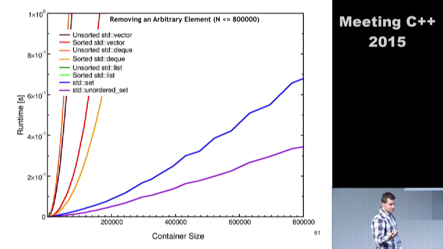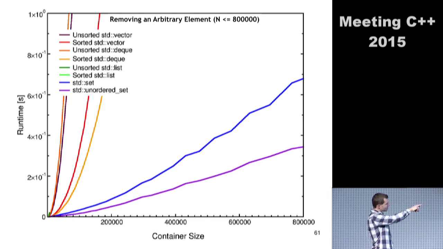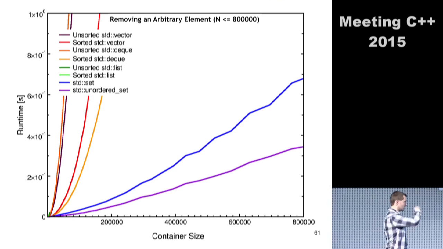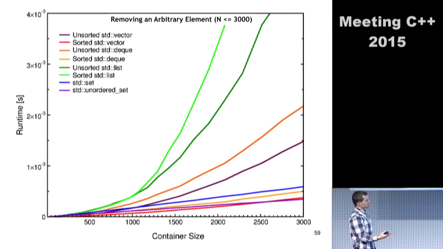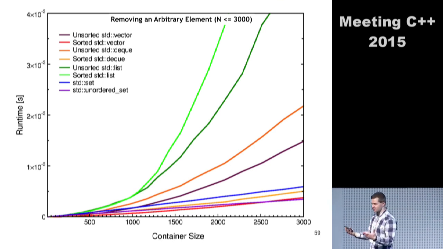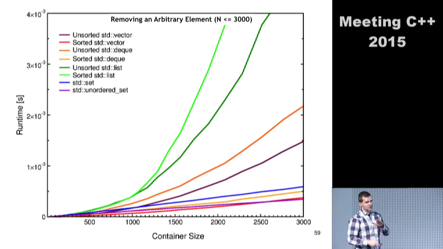Yet again, an unordered set is great at finding the thing, and you can quickly remove it. Shifting a couple of 100,000 elements in a vector is not cheap anymore. But I go back one slide. Up to 3,000 elements, it's actually the data structure that you should choose, interestingly, for an int. If you have a different element type, you should probably benchmark first. It's probably not 3,000, right?